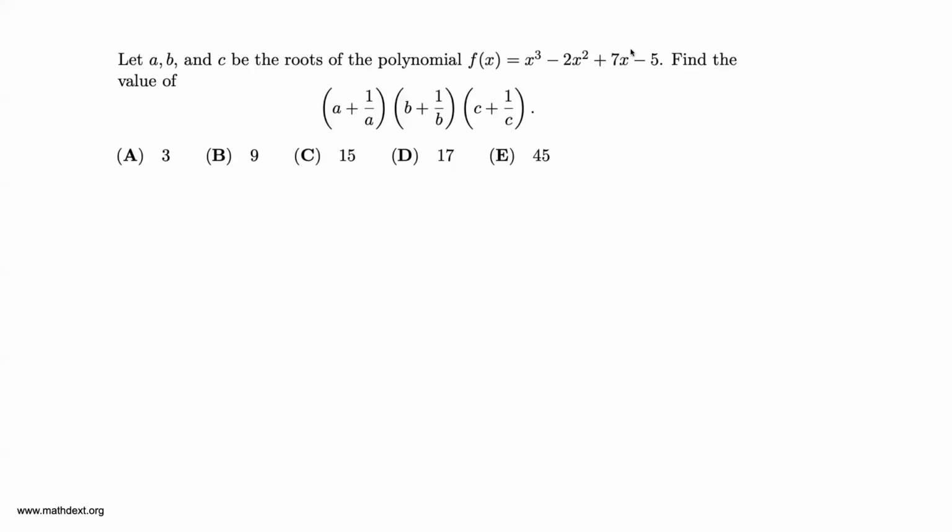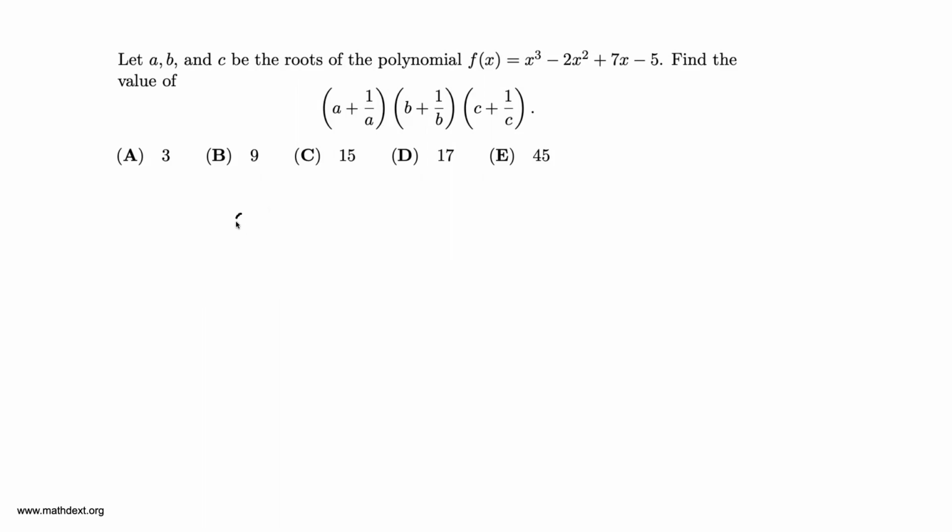Let a, b, and c be the roots of the polynomial f of x is equal to x cubed minus 2x squared plus 7x minus 5. Find the value of the quantity a plus 1 over a times b plus 1 over b times c plus 1 over c. Okay, so first of all, we can rewrite this whole product as, well, this factor, a plus